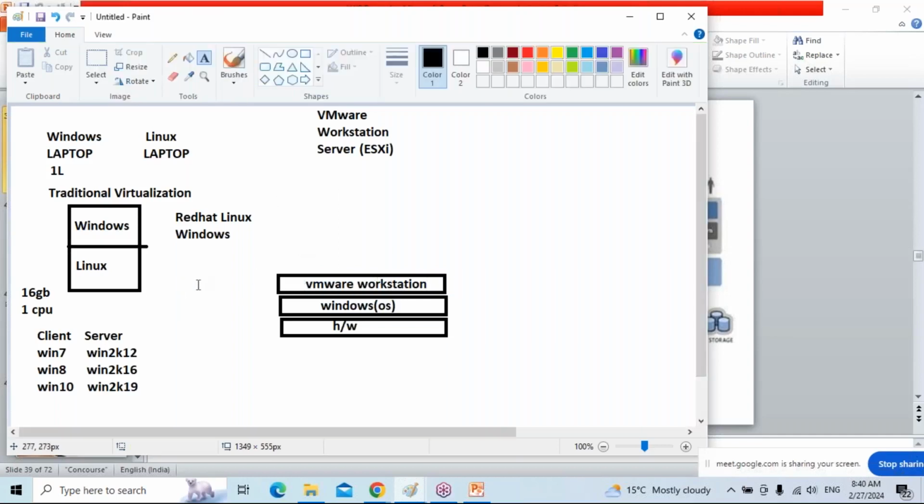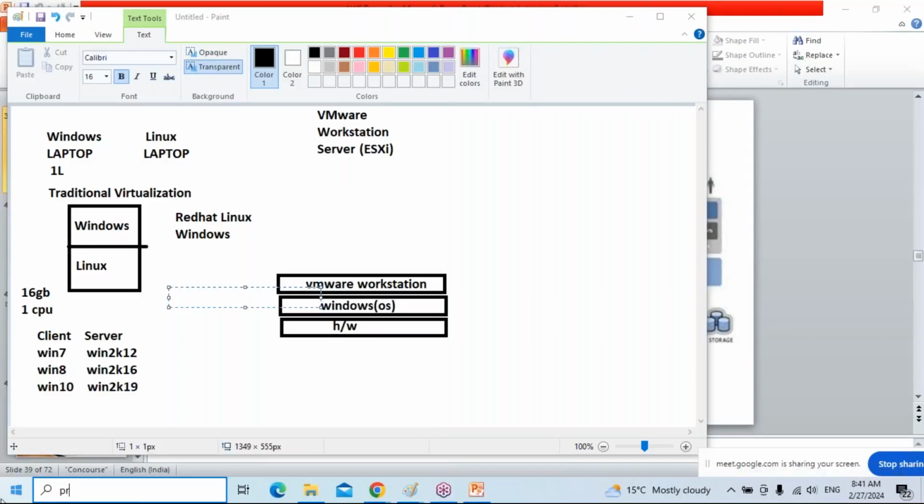For instance, you want to install an operating system, or you want to deploy an application. That application requires an operating system, either Windows or Linux. That operating system requires a server, a physical server. What is the server? A server contains hardware. What kind of hardware do we require?